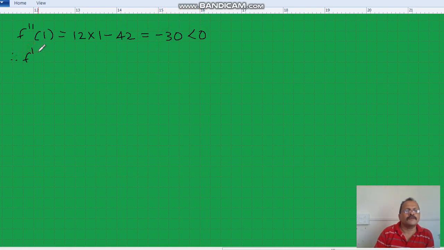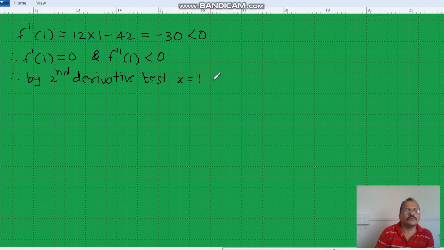Therefore, f'(1) equal to 0 and f''(1) is negative. By the second derivative test, x equal to 1 is maxima for f(x), and the maximum value